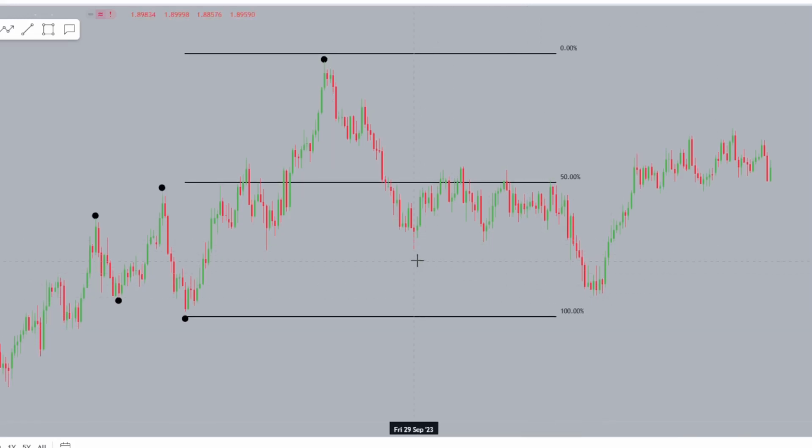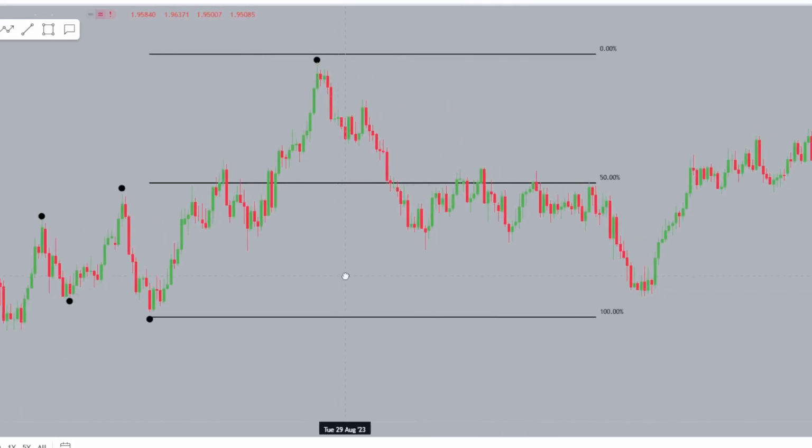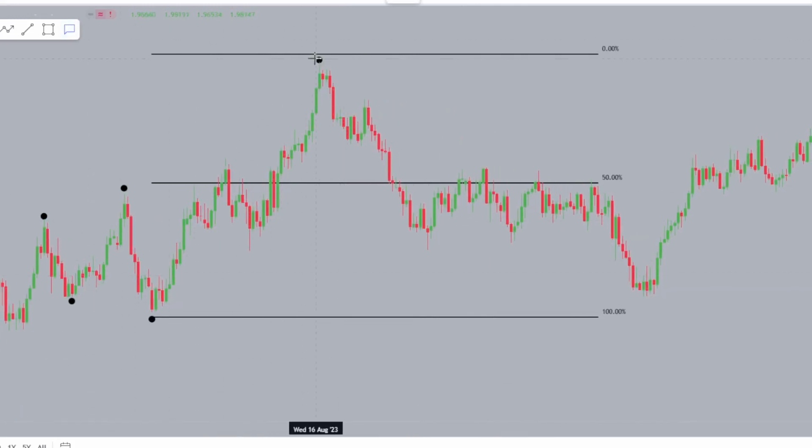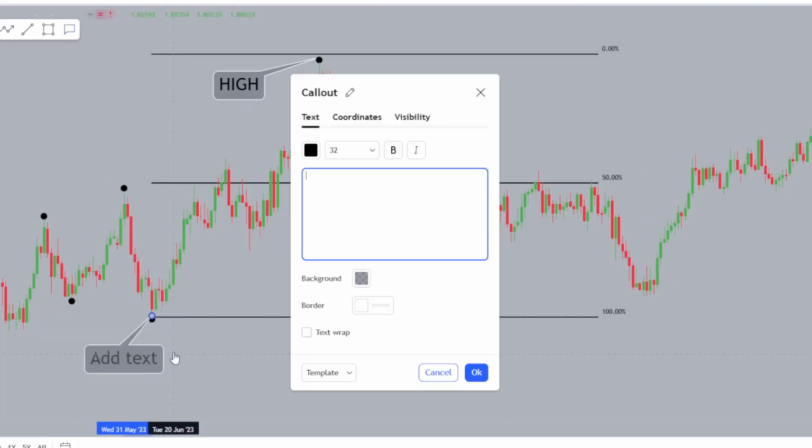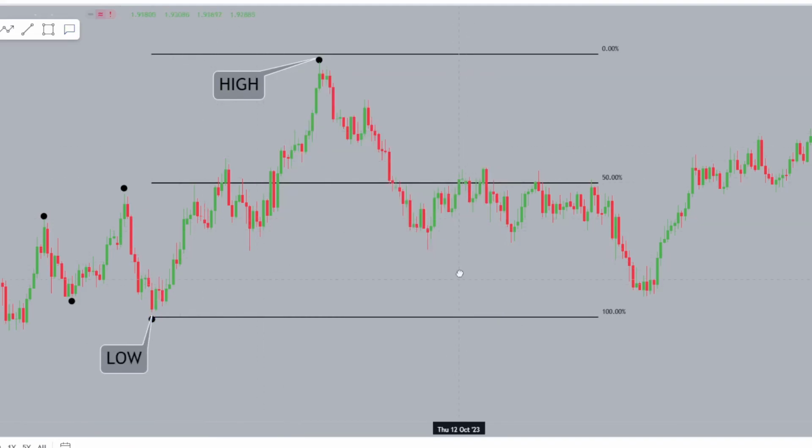So now over here, we have a very clear structural dealing range to work with, right? So we currently have a swing high up here, self-explanatory. And if I get rid of that, we also have price giving us down here a swing low. So now that we have our swing high and swing low established, what's the next thing you want to look for? The next thing you want to look for is